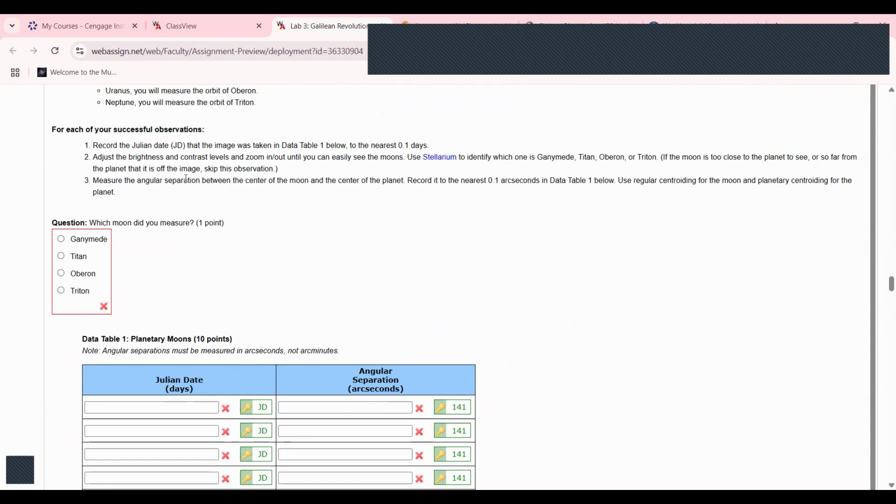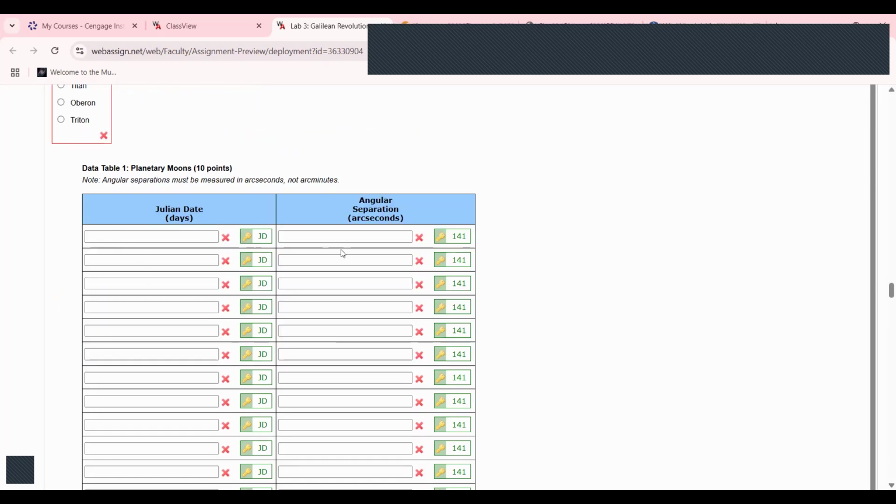Here, for each observation, you will choose whichever moon applies. For example, for Jupiter it is Ganymede, for Saturn it is Titan, for Uranus it is Oberon, and for Neptune it is Triton. Probably we cannot see Triton and Titan, therefore our focus is going to be on these two to identify the things. And whatever information you get from Skynet, you can put it here and record it on this table, data table 1,